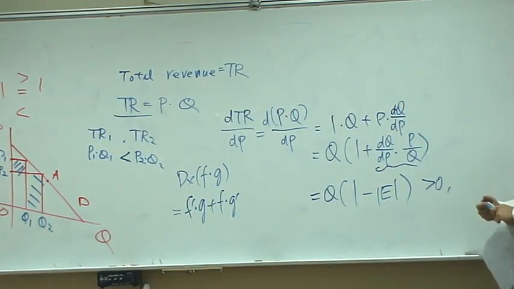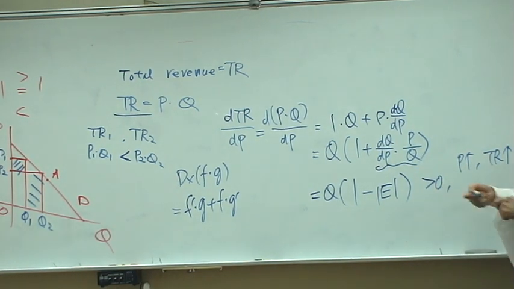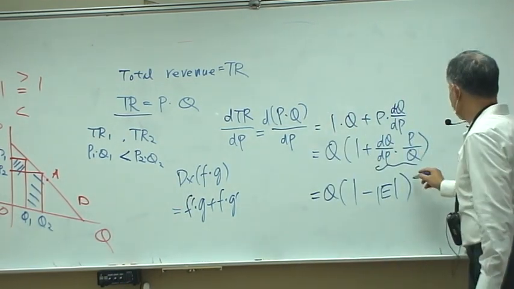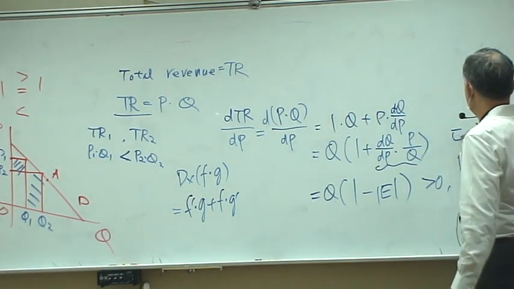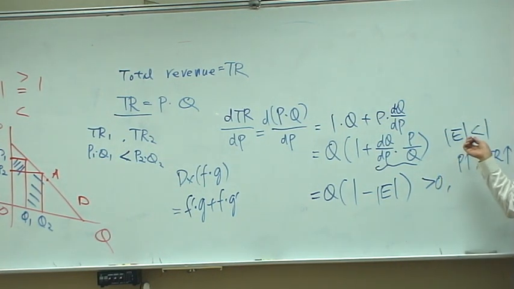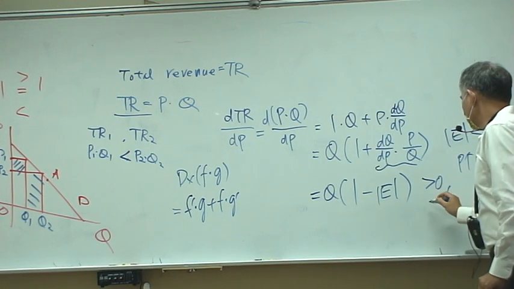If it is greater than 0, it means P goes up, TR also goes up, right? Because it goes up, it's positive, right? But if, so here, what does that mean? That means when the elasticity is less than 1, right? If it is less than 1, they move in the same direction, okay? But if it is less than 0,